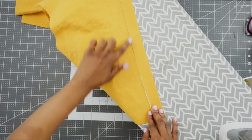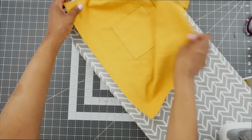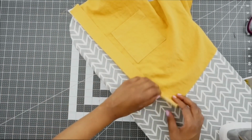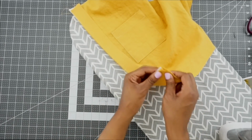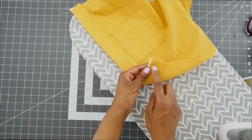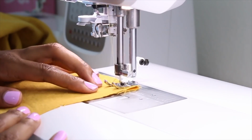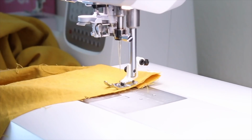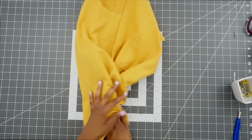So once you have the inner raw edge basted down, now we're going to fold it to the outside along the facing line. So I'm just going to fold it to the outside of the shirt along the facing line, and I have mine notched at the bottom where my facing line is, and now we're just going to baste across the lower edge of it. Once you have the lower edge basted, we can go ahead and set this to the side